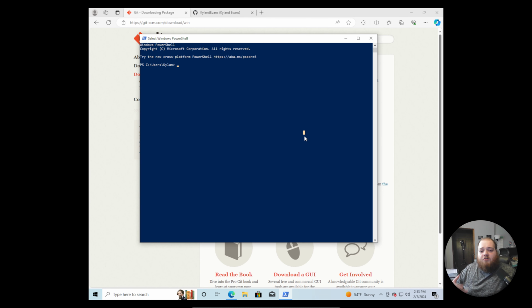Now, once PowerShell is open, we need to enter a specific command. So we need to generate SSH keys. So we're going to say